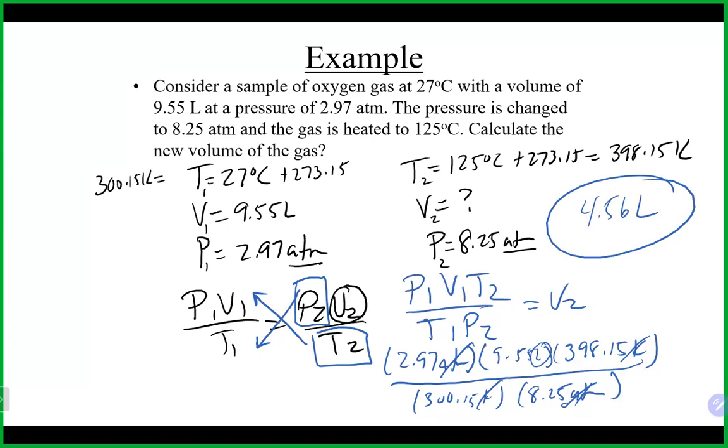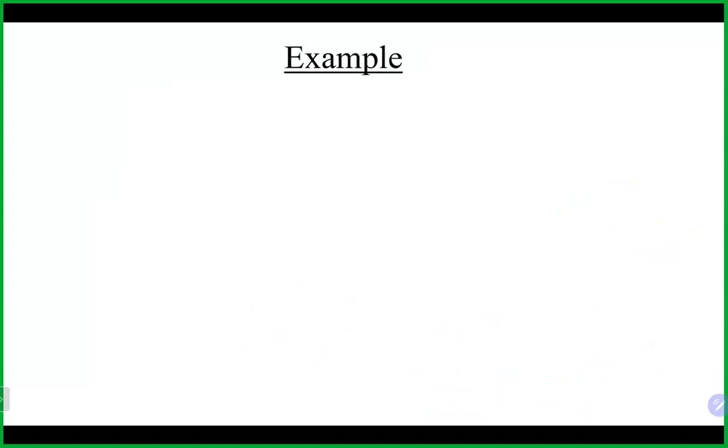Any questions on that one? Probably the one most people struggle with a little bit is the rearranging. So again, remember, whatever you're solving for does need to be on top by itself, not on the bottom. Otherwise, it's 1 over that. So just be careful as you rearrange those things. Any questions on that there? Okay. That's what we just did.